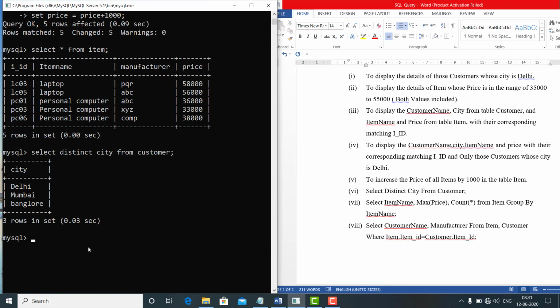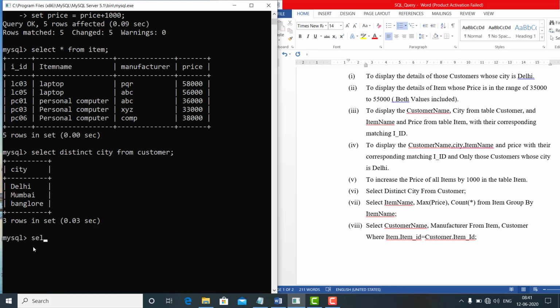Clear about it? Now our next query is select item name, maximum price, count from item, group by item name. Clear? This is also a query, already given, we will only type it. So simply, you will write this.